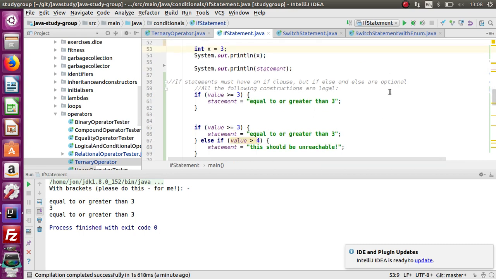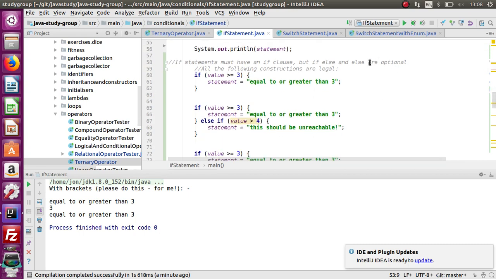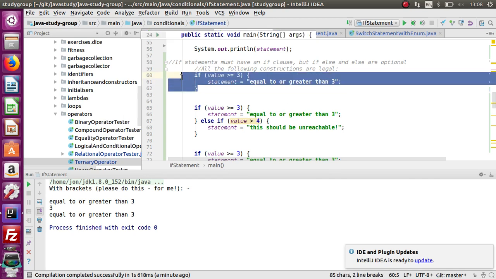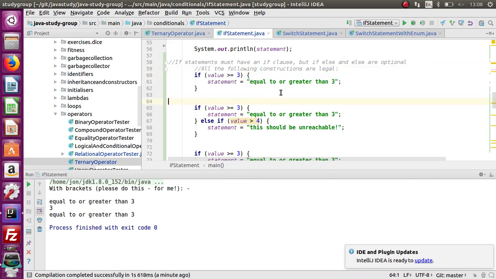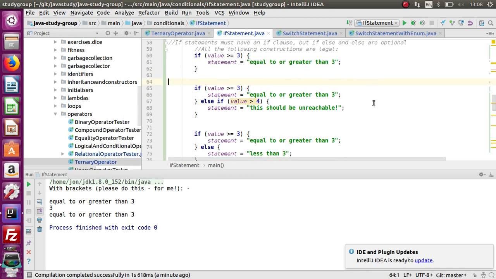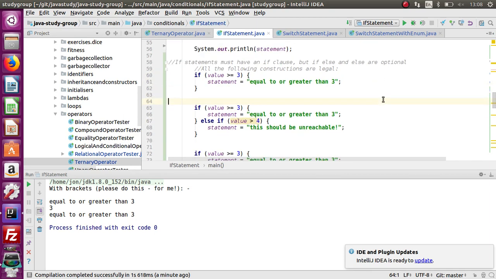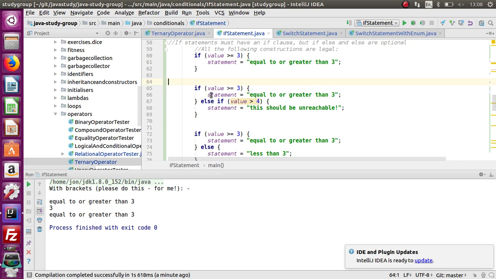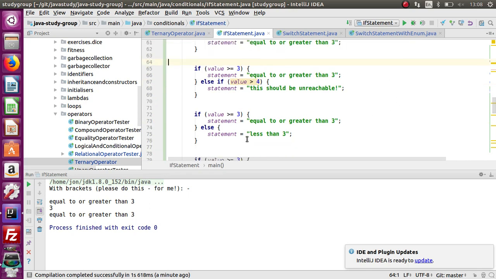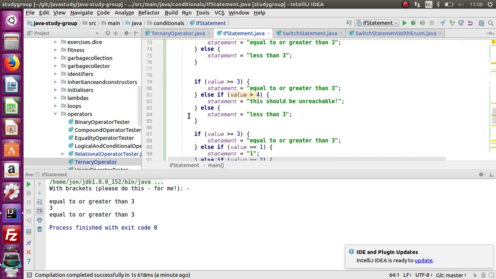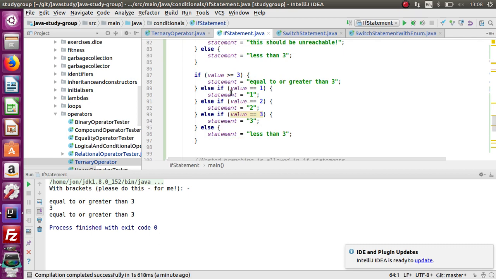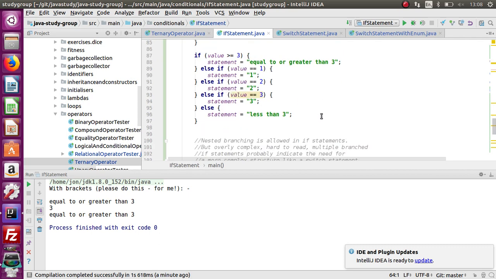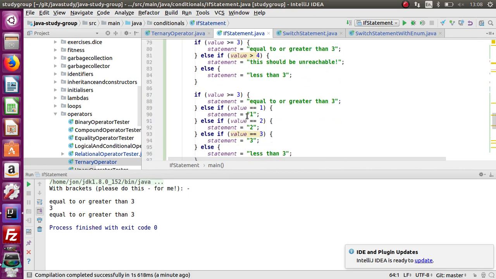So just a few rules. If statements obviously must have an if clause, otherwise they wouldn't be an if statement. So that's perfectly valid there. All these are compiling, you can see. But the other ones are optional. So you can have else ifs, or you can have an else. So an if and an else if, or an if and an else, or you can have all 3. We've seen that already. And you can have multiple else ifs. So any combination is okay, but obviously you can't have an else